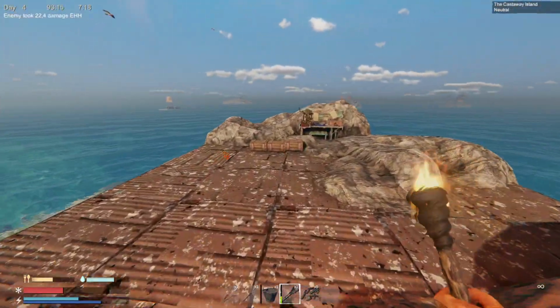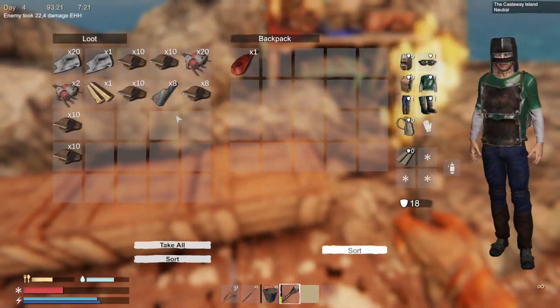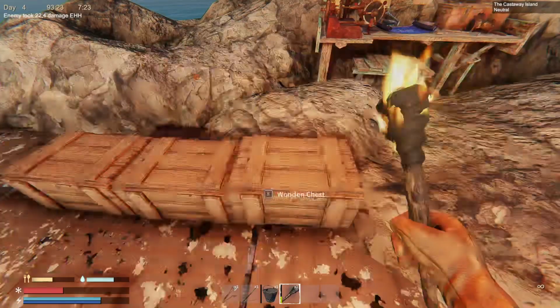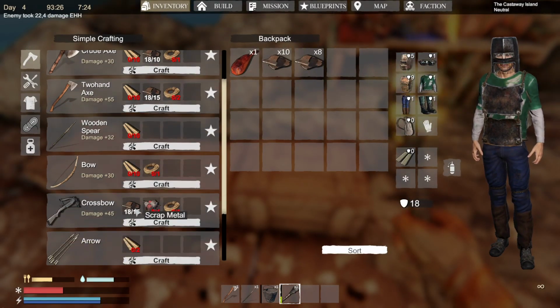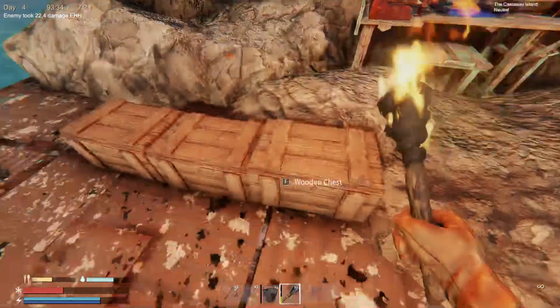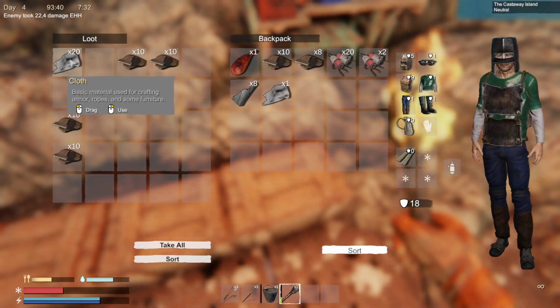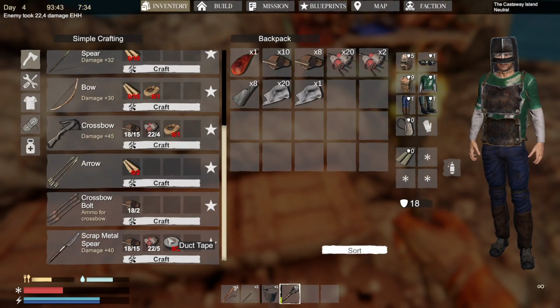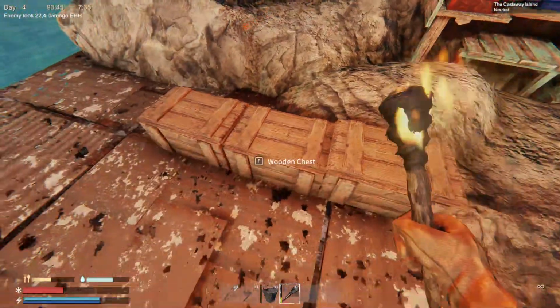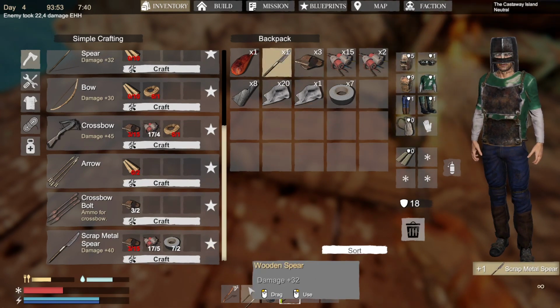Oh yeah, let's put the weapon parts in here. And I also need to make... Probably the crossbow would be useful as well, but it's going to be a little problematic. 45 damage is good. So let's just go to the next development phase. We'll be crafting the metal spear. The metal spear, to be honest, is not a big improvement, but 40 damage is enough to, you know...